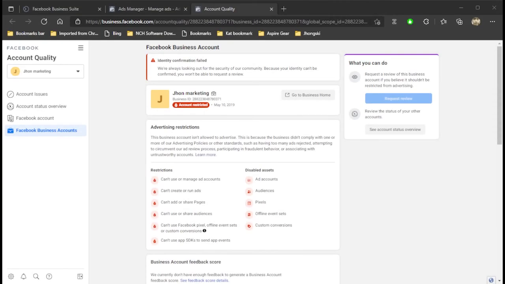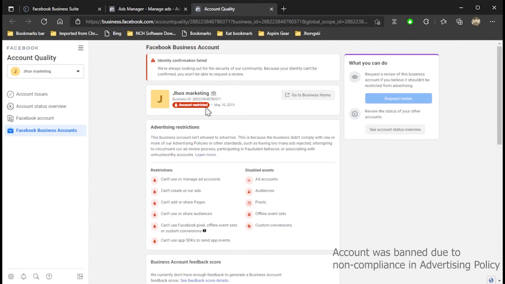Alright, so as you can see, this is one of my client's old advertising accounts. There's a notification here: identity confirmation failed, account is restricted.